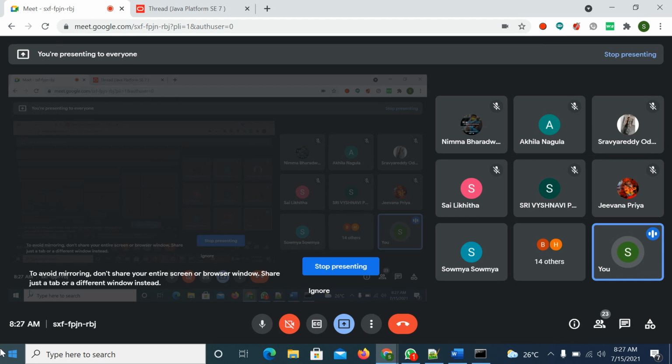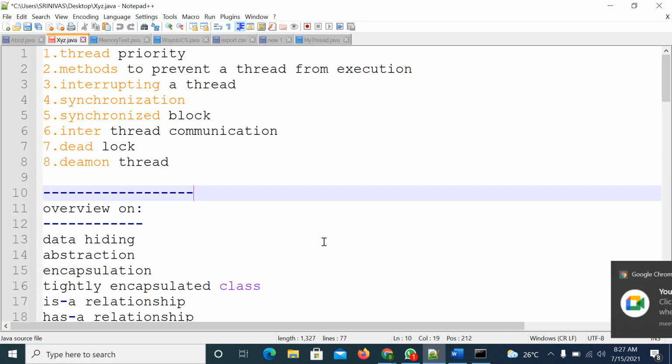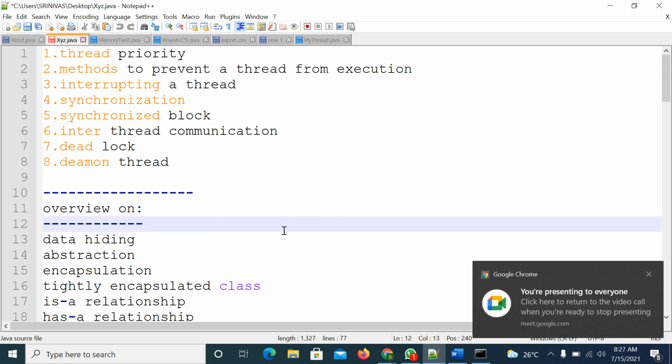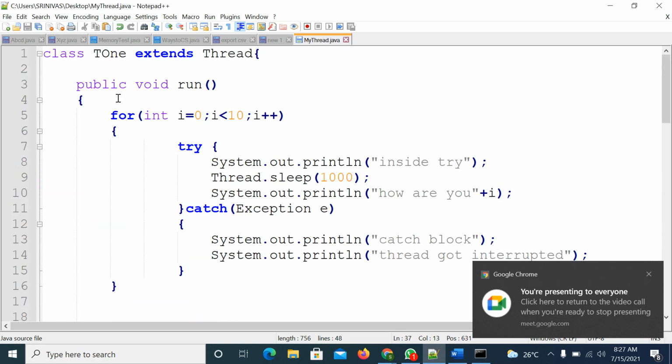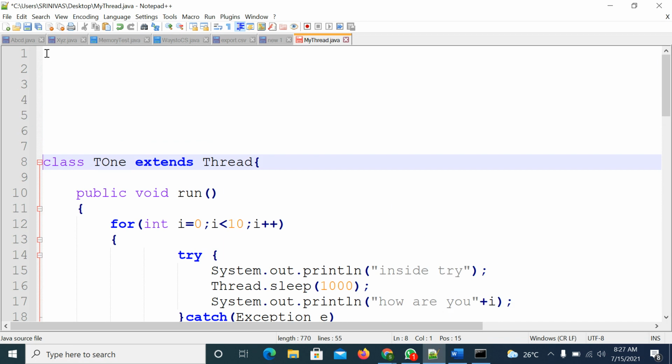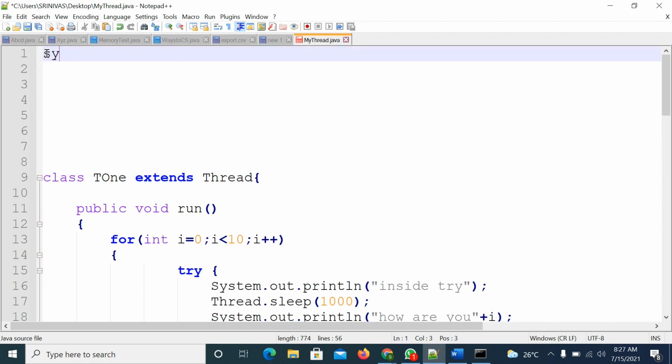For applying synchronization, we will use the keyword synchronized. The synchronized keyword we will apply for methods and blocks only, not for variables and not for classes.